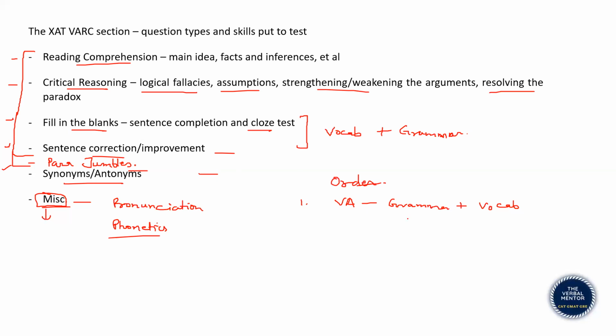Even if you do not have a strong command of grammar or vocab, start with them nonetheless, because they are binary questions in the sense that 20 or 30 seconds will tell you whether you want to attempt these questions or move on. You don't have to process these questions. Either you know them or you don't. In either case, you can move on in 20, 30 seconds. That is why I often recommend that candidates start with this verbal ability portion.